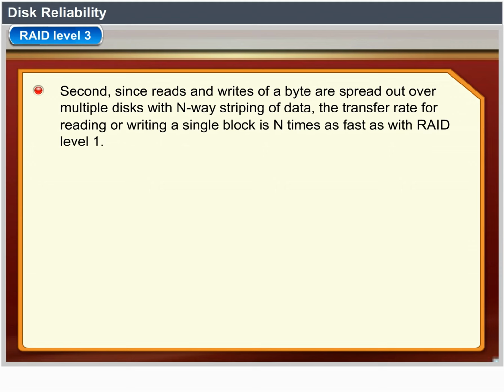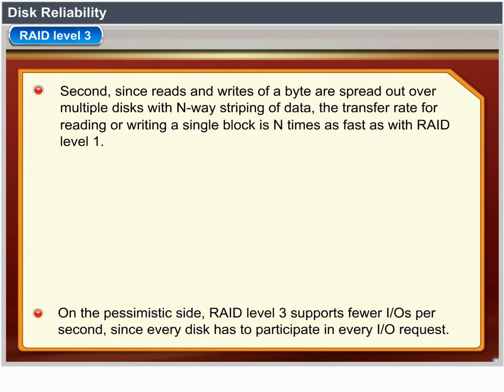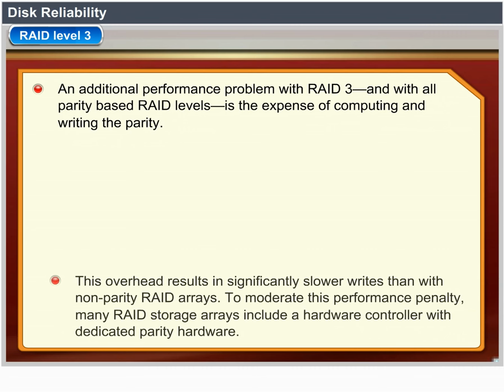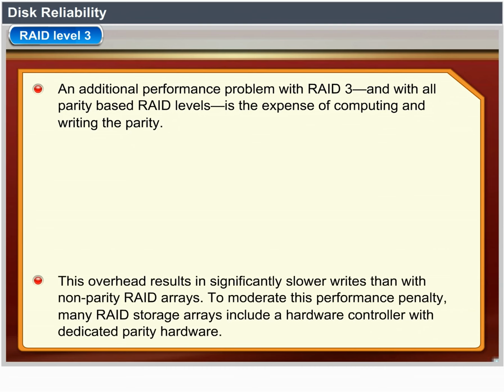On the negative side, RAID Level 3 supports fewer input-outputs per second since every disk has to participate in every input-output request. A further performance problem with RAID 3 and with all parity-based RAID levels is the expense of computing and writing the parity. This overhead results in significantly slower writes than with non-parity RAID arrays. To moderate this performance penalty,